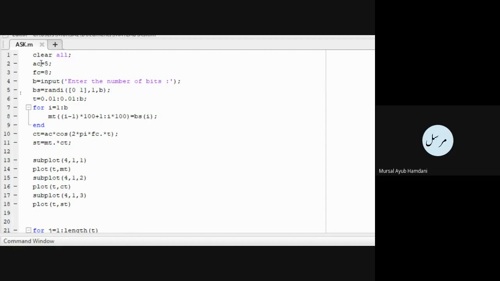So what we have is we have given the value of AC, that is the amplitude of the carrier, as 5. Any value you can give. Then a value of the carrier frequency we have given as 8. You can input it also as I have input the third code line, but let me make the code very simple in the beginning, and then you can try different things at your own place. Okay, AC equal to 5. Again, I shall repeat, it is the amplitude of the carrier signal. FC is the frequency of the carrier signal.